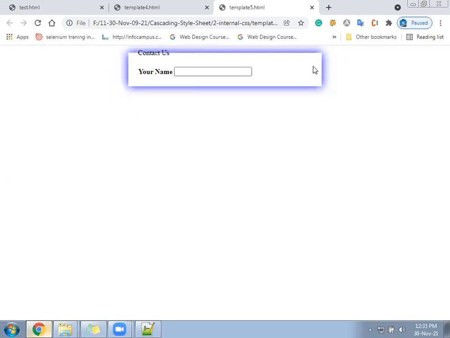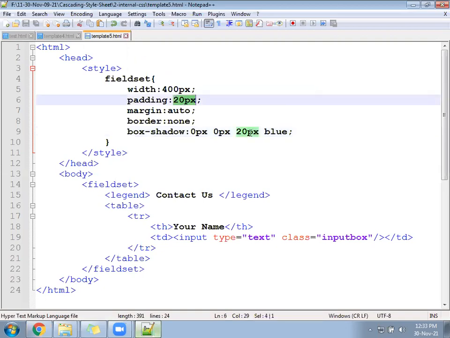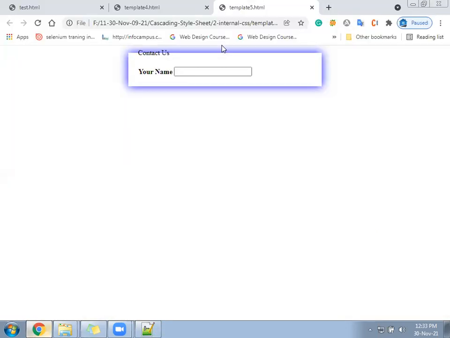Some changes happen. Earlier, the shadow was spreading within 50 pixels all around. Now the shadow is spreading within how much? 20 pixel. So surrounding this division, close to 20 pixels of area, the shadow will get spread. That is called density. Till where you want to spread the shadow, the last number.